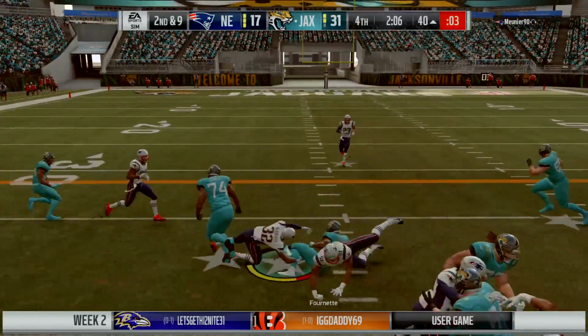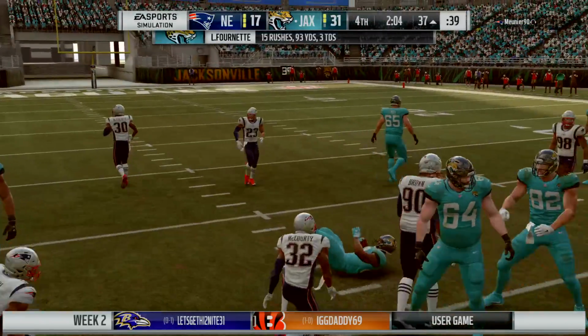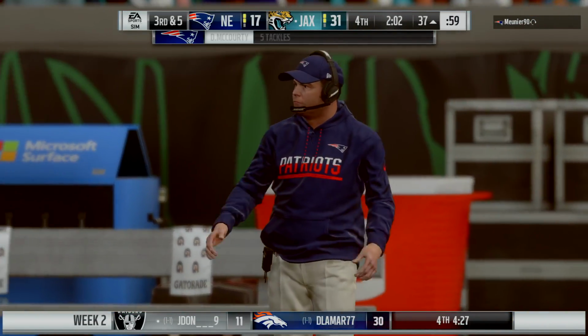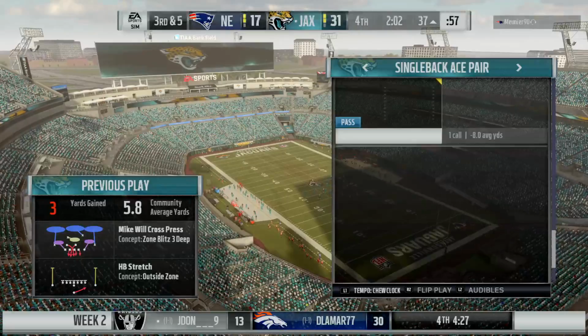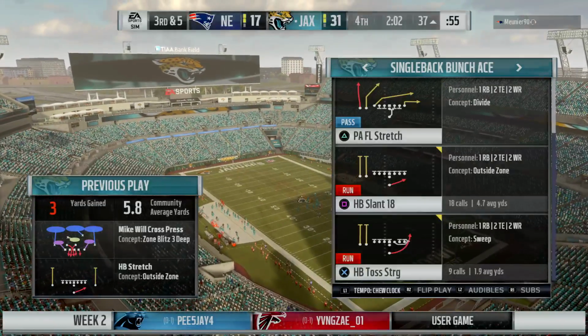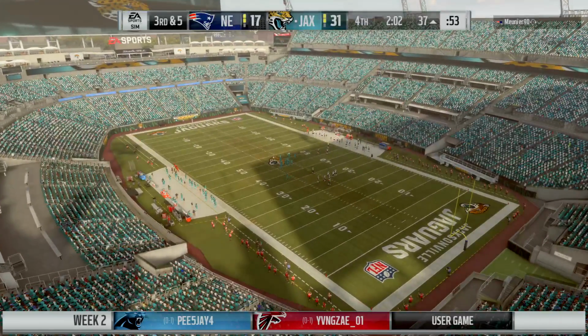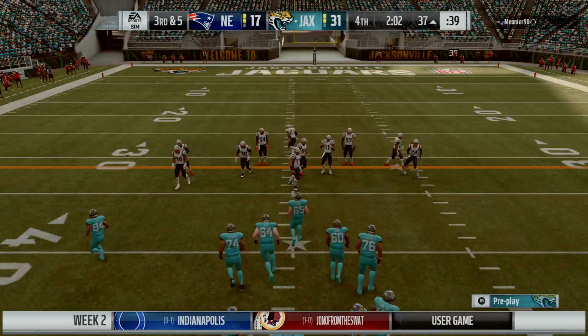Here's a give to Fournette, and a short gain there down to the 37-yard line. It's a pickup of 3, and we have now arrived at the 2-minute warning. Whistles now in a timeout defensively. So a wise move, as they'll use the first of their timeouts to force one more play before the 2-minute